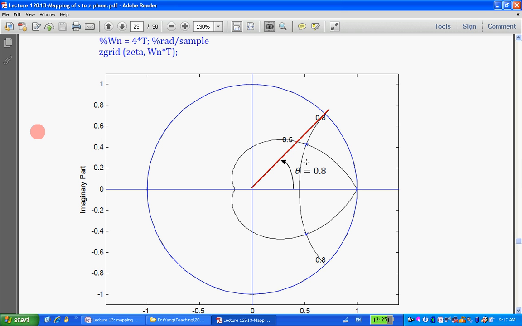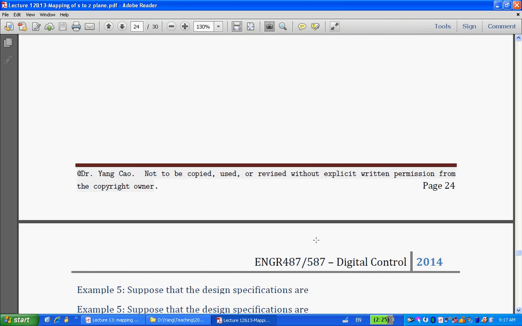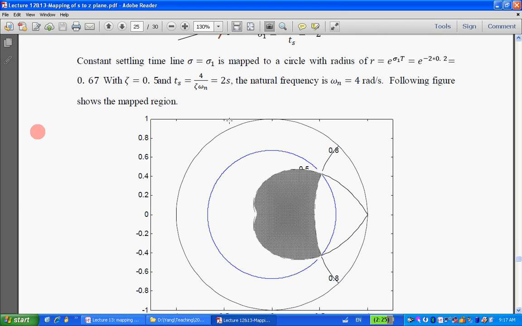Hang on a second, I missed a circle here. Just a second, I think there's another one here. Now this is the example. What are we looking at here? That's the unit circle, and this circle is the circle corresponding to the settling time, and this is the 0.5 damping ratio spiral. So we need it to be within the circle, and we need it to be greater than 0.5